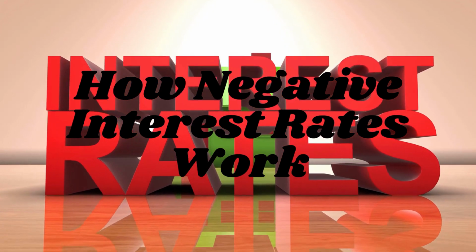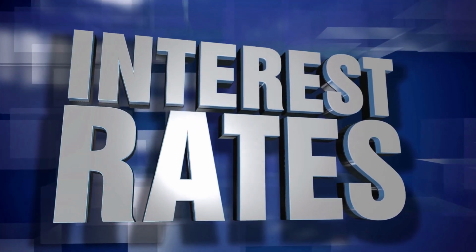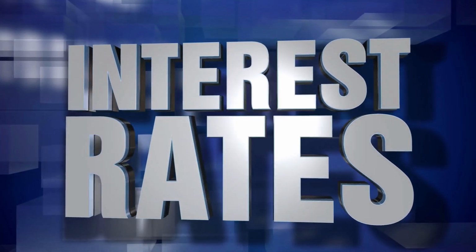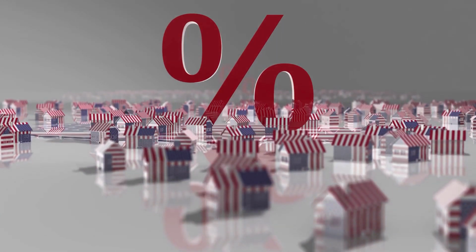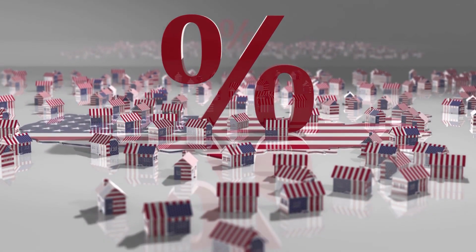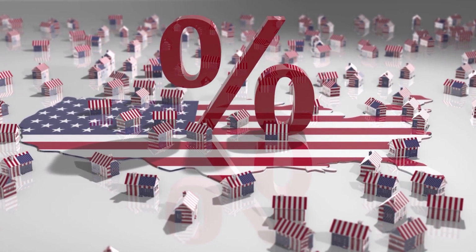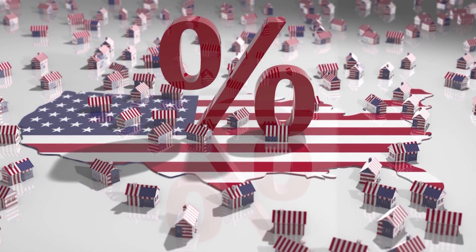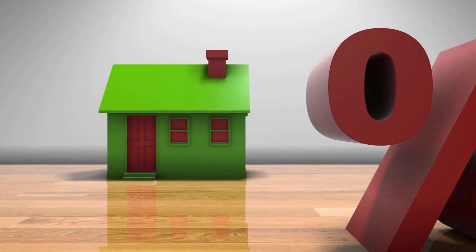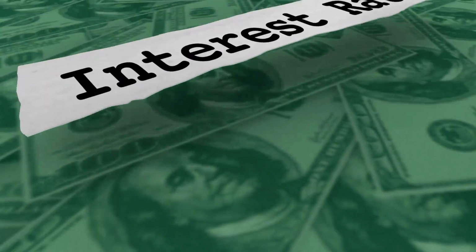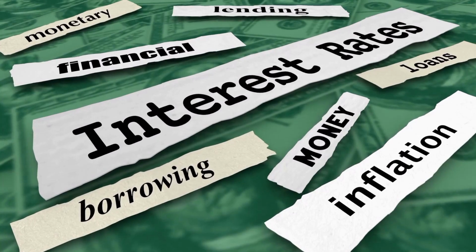Negative interest rates work by essentially reversing the traditional role of interest rates. Instead of banks earning interest on the money they hold, they are charged a fee, or penalty rate, by the central bank. This penalty rate is passed on to consumers in the form of negative interest rates on their savings accounts. The idea behind negative interest rates is to encourage banks to lend money rather than hoarding it. By charging a penalty for holding cash, banks are incentivized to lend out their money in order to avoid the penalty. This, in turn, should lead to more borrowing and spending, and therefore, more economic activity.